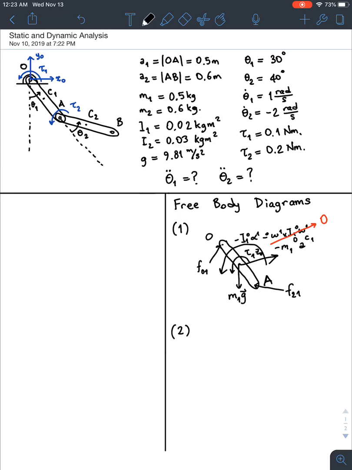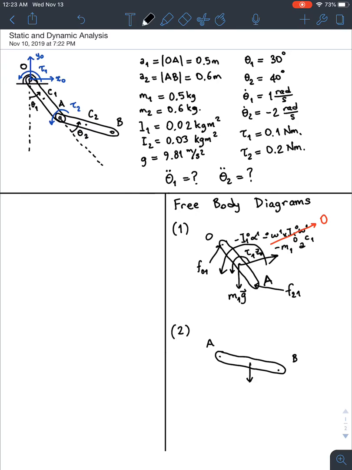Something like that. We go through the same exercise. So first, draw the second rigid body, something like that. This is point A, this is point B, this is point C2. Of course, the